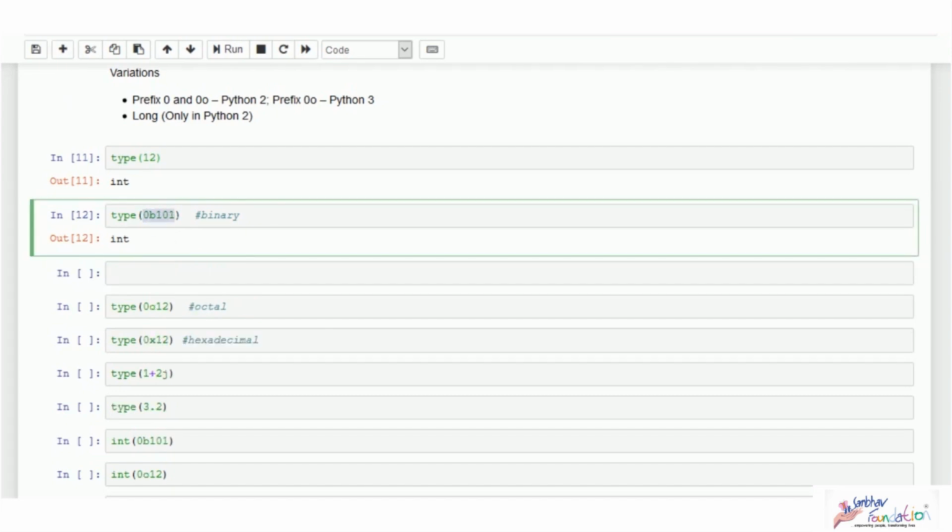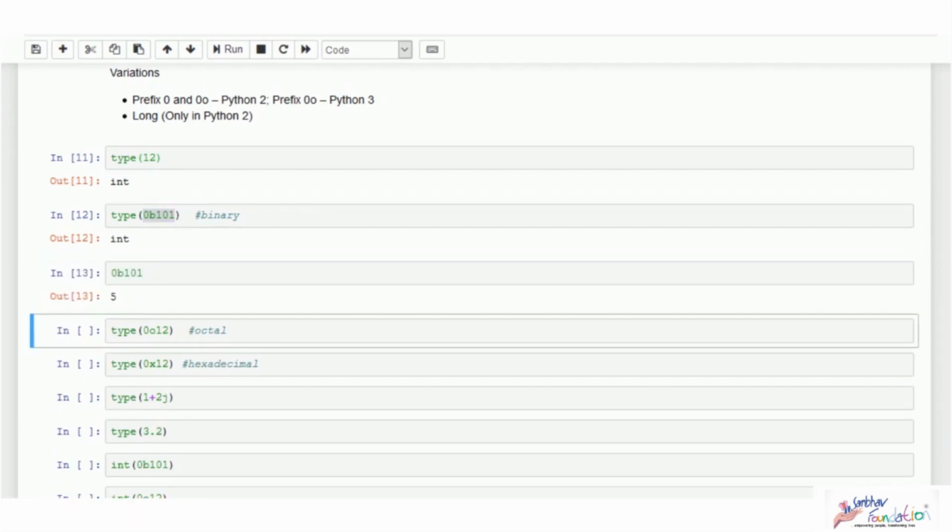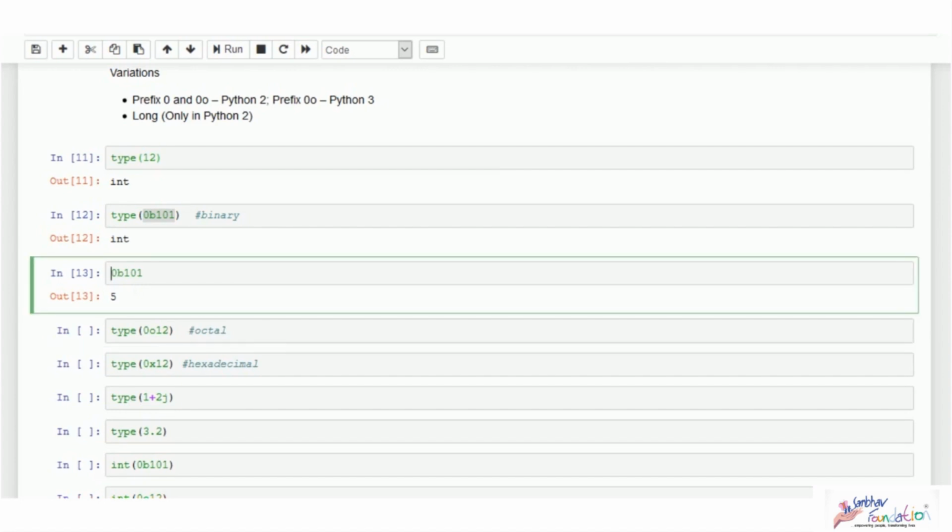You can directly get the value by just printing out the number. You can just directly give the number and you will see the corresponding equivalent value. Again, since this is an interactive shell, there is no need to explicitly use the print function to display the output, but if you are using it in a script, you need to give this inside a print function.